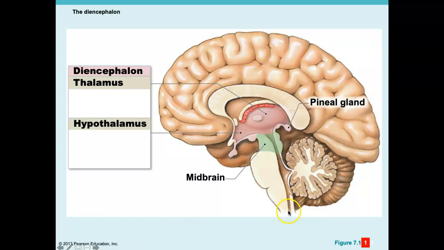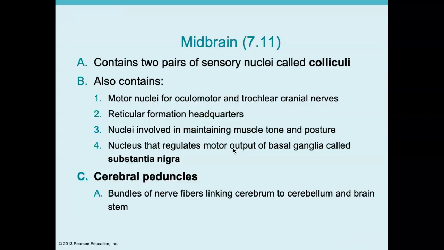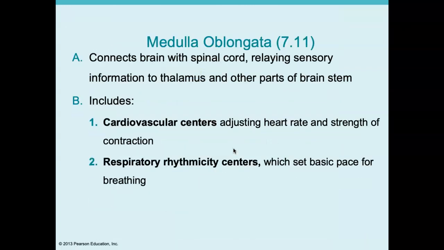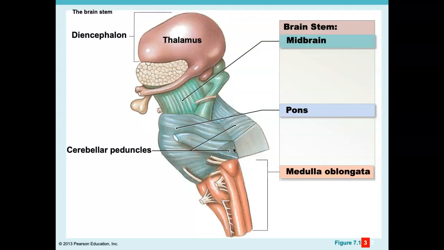So here we are coming up the spinal cord. This little pillow shape here is the pons. So medulla oblongata, pons, midbrain, and then the diencephalon of the thalamus and hypothalamus. Here's the pineal gland, and here is the pituitary gland. The pituitary gland is connected to the hypothalamus. We can skip all this on the midbrain. We'll do a little bit of skipping here.